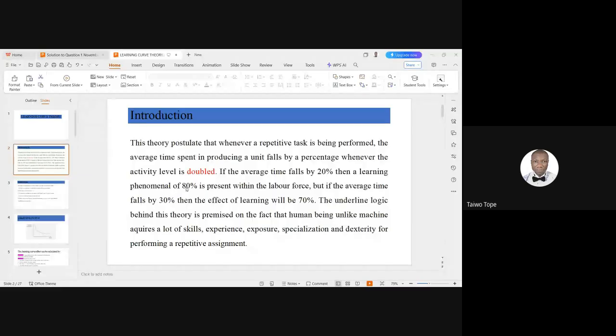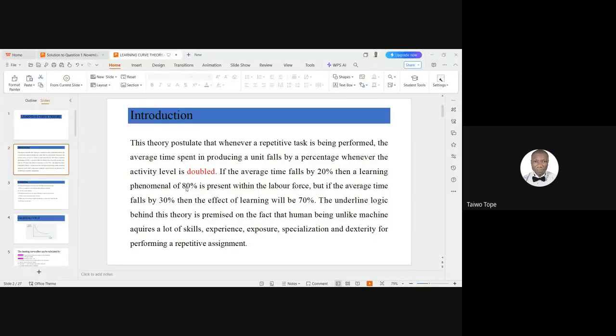Let me change the example. You can be required to get the number of hours required to produce the 15th batch. You won't be able to get that perfectly except you know the hours you need to produce your 16th batch and the hours you need to produce one batch. The difference between the 16th batch and one batch will give you your 15th batch. You must get that idea.